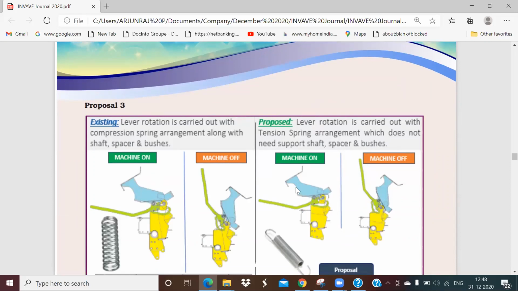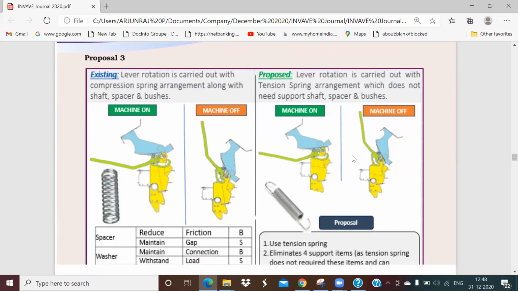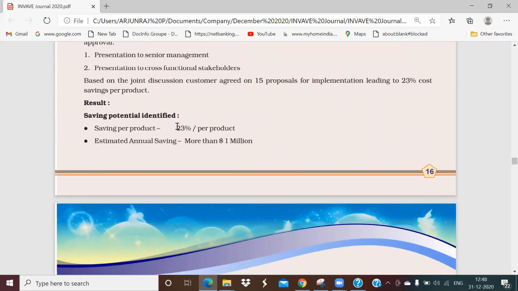How the existing design looks and how the proposed lever rotation is carried out with the compression ring initially. Now you are going to replace this compression ring with a tension spring, which does not need any support of shaft or spacer or pushers. In this, you are also going to eliminate the shaft, spacer, and pushers. See, you get 23% cost saving per product, and you see in an annual